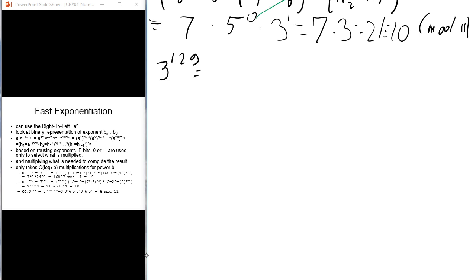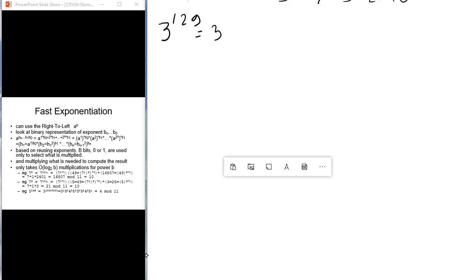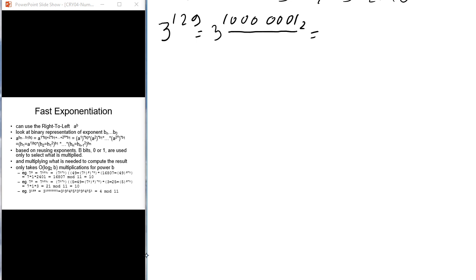Note that in binary this can be written as 3 at power 1 0 0 0 0 0 0 1. That's 128 plus 1, which we are going to still work mod 11, will be decomposed into, again with a right to left representation,